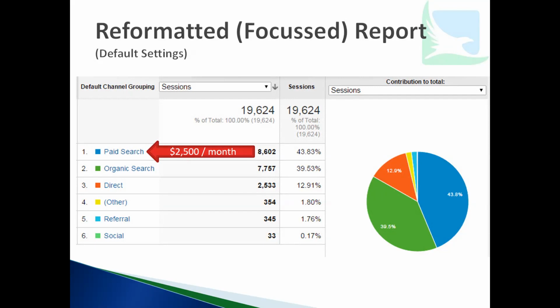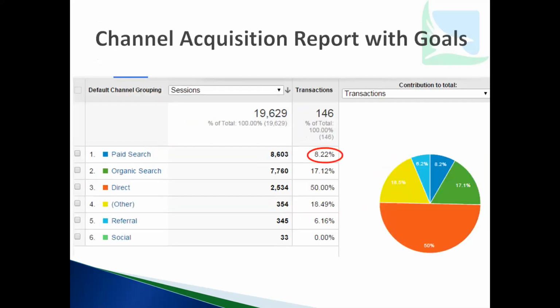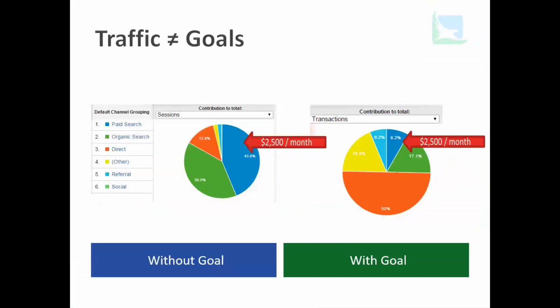But when she asked me what I thought of this approach of spending this money, I went and looked at the goal. I looked at what does she want to happen on the website and how many times is that happening when this money is spent. The pie chart changed radically. So the next slide I'm going to show you puts the two of them together. So over on the left, you've got it